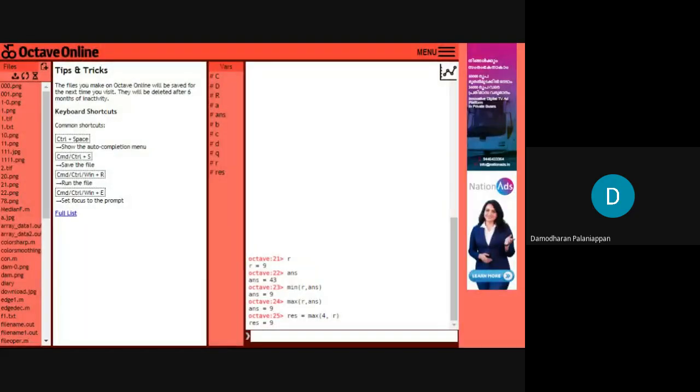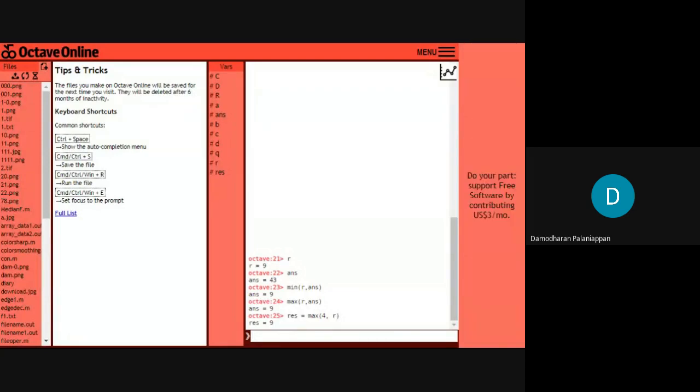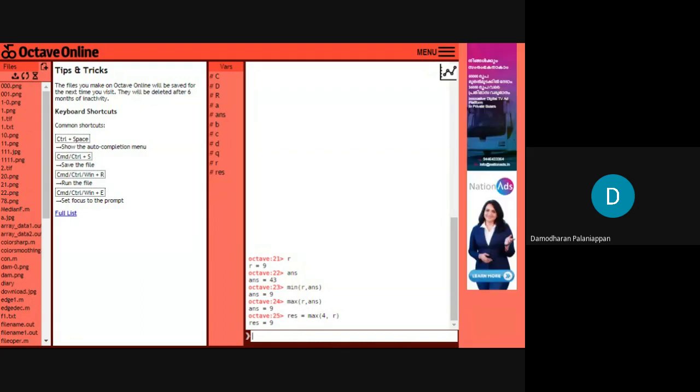The next topic is here. I hope that you are able to see the screen. The next is drawing a chart or graph. Mostly MATLAB is used for image processing.